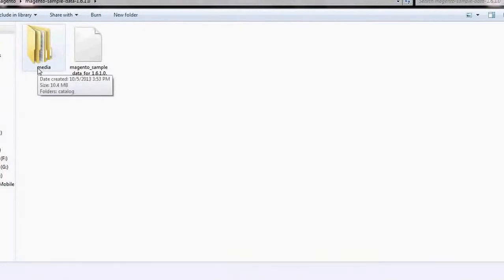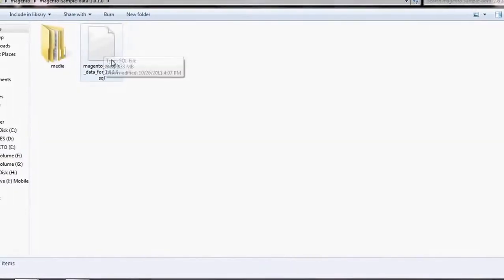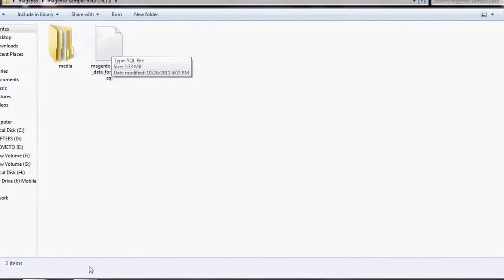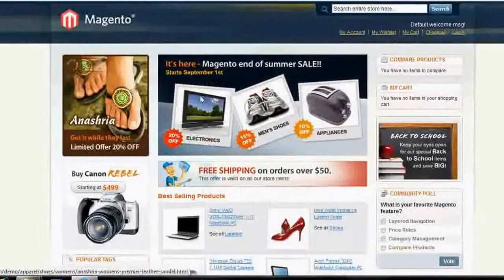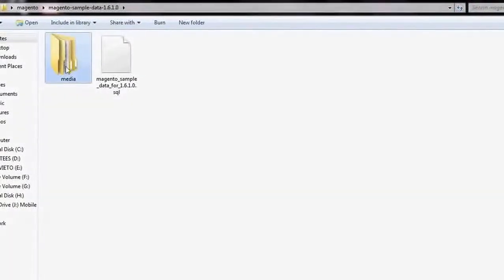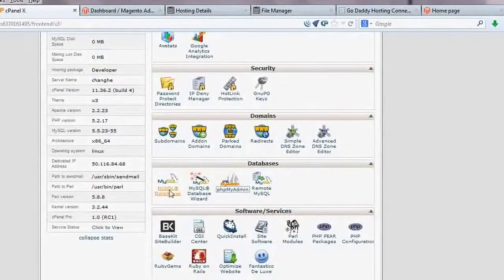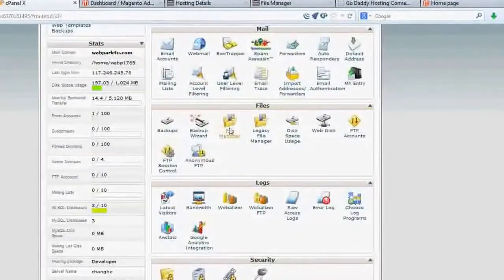Suppose you are using any other control panel which supports one-click installation, but after installing this sample data you are not getting all those cards and things. Then you need to upload this media folder to your media files in the place I'm showing you.